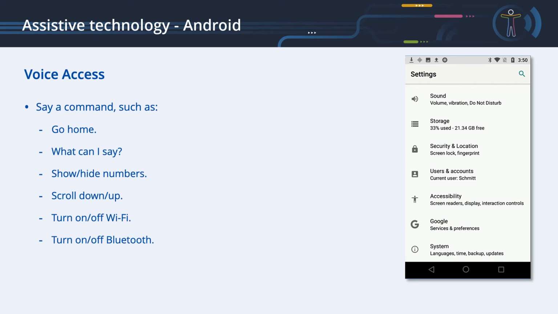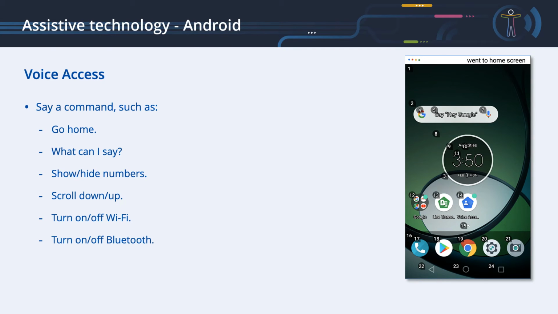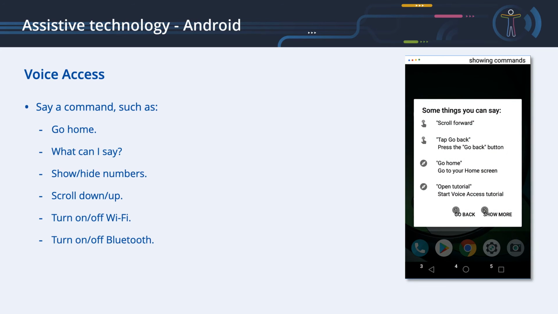Let's start using it. Say a command, such as, Hey Google. Go home. What can I say? Tap 2.